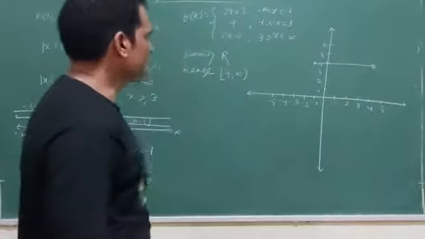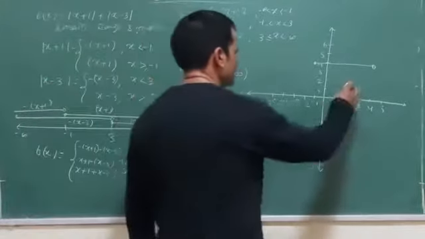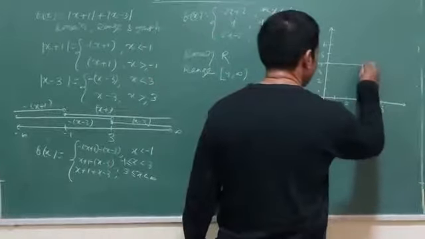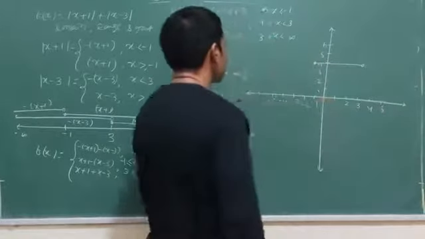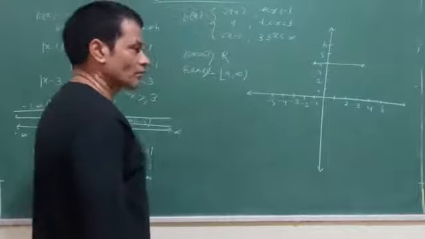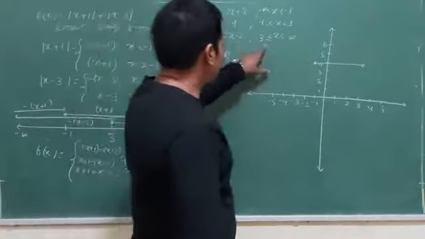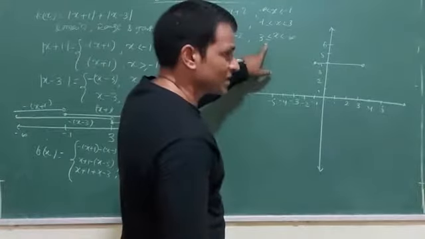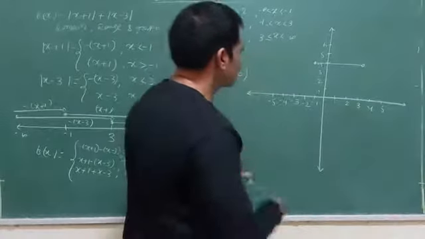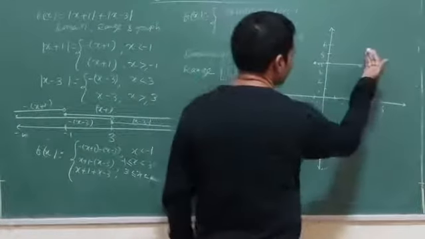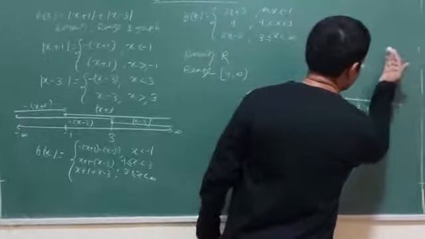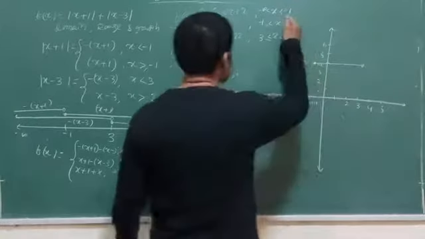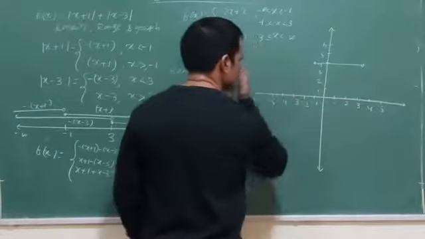Then between minus 1 to 3, the value is 4. You can see that's the line we have drawn. Then from there you can see that x is greater than or equal to 3. X is greater than or equal to 3 means this graph will lie on this side of the line. And x less than minus 1 will lie on this side.